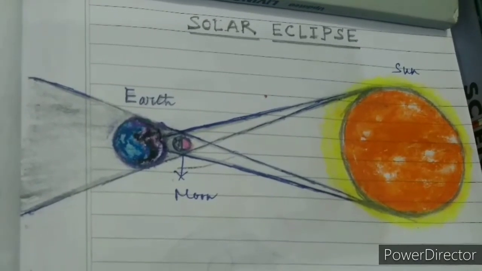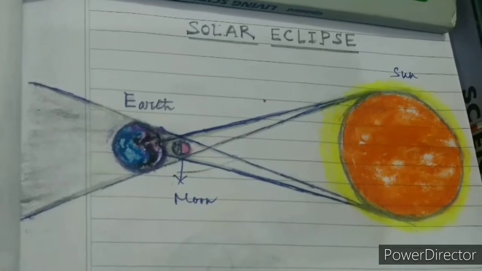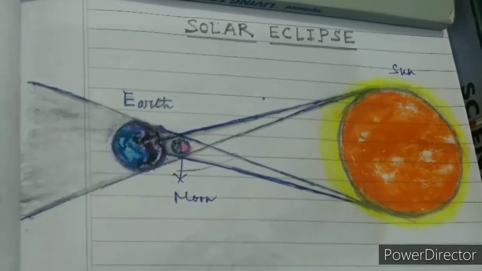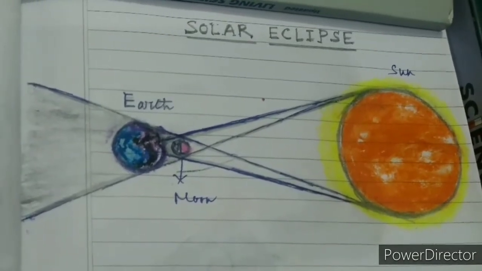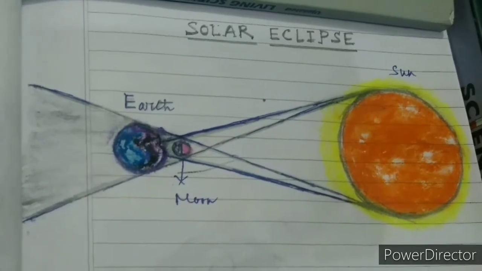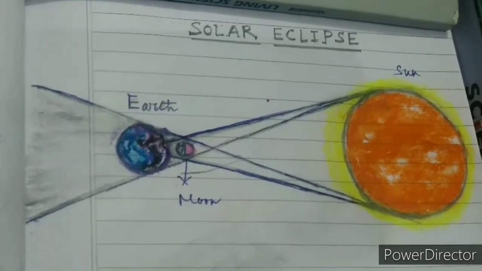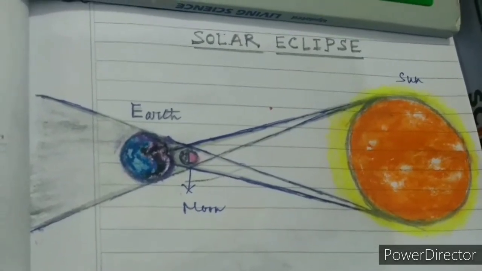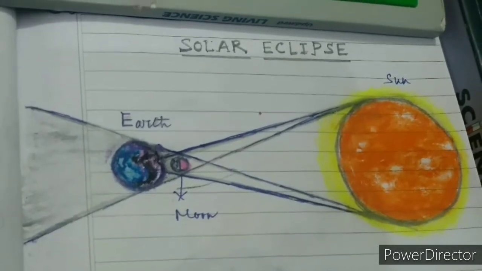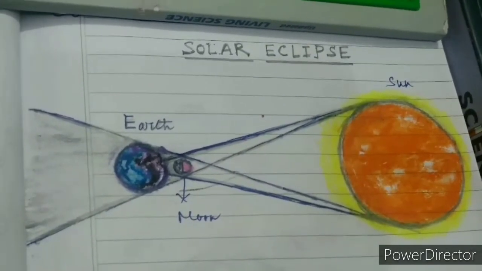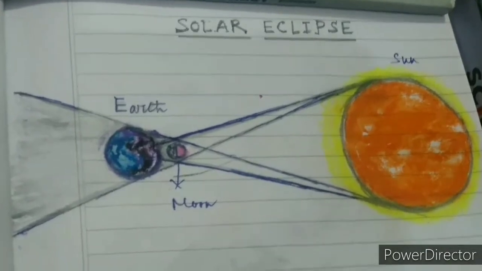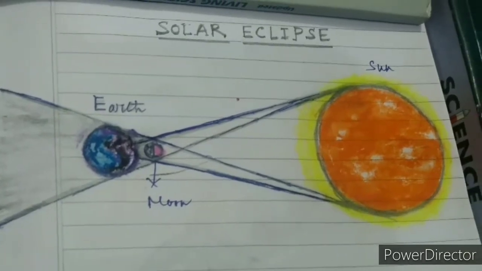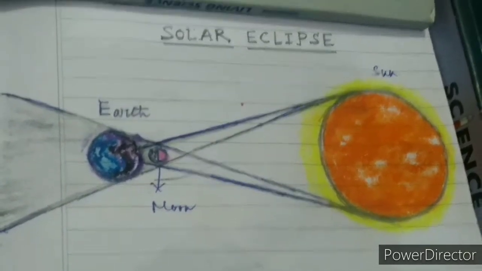Students, I know that all of you have got the study materials as well as the videos from the chapter Light, Sound and Force. And from that chapter, I have given you one worksheet. In that worksheet, I have told you to draw the solar eclipses and the lunar eclipses. But I think it will be a little difficult for you to draw. So in this video, I am going to show you how you can draw these solar eclipses and the lunar eclipses in a very easy way.